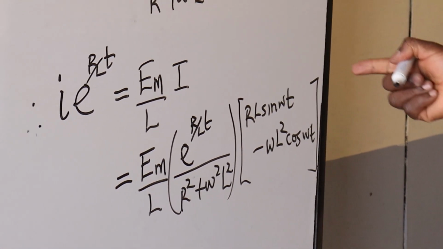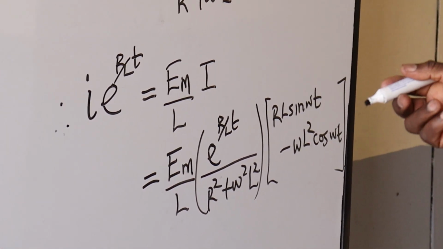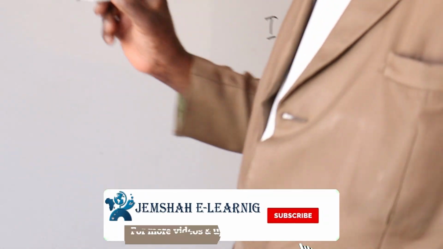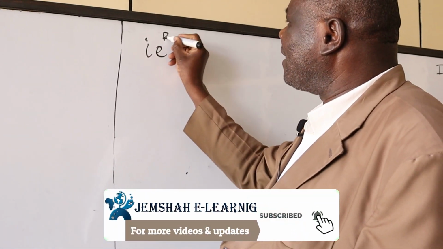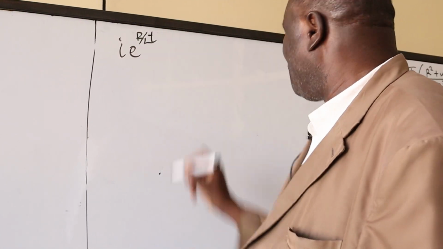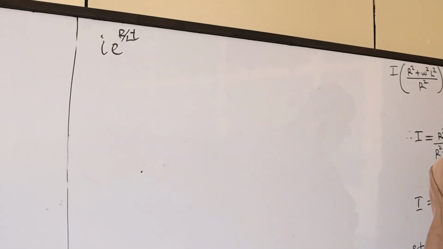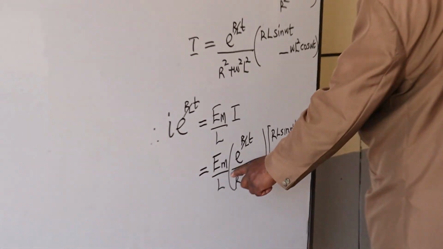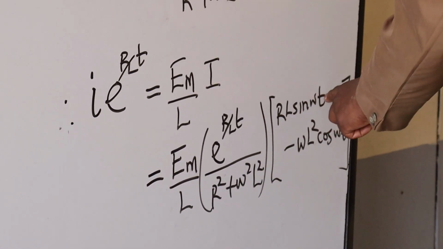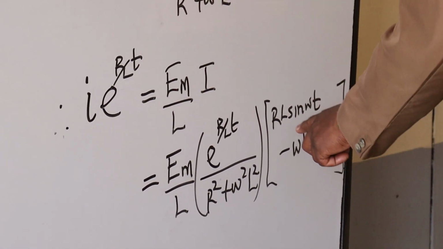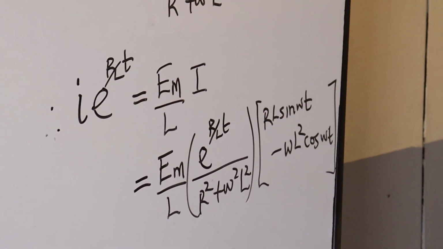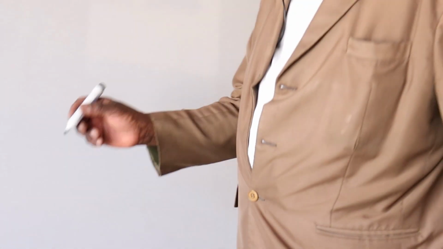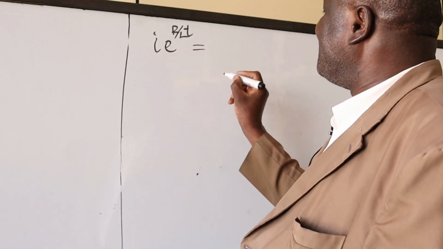So from this, if we now make I exponential R over L t, this L, we would like it to multiply with what is inside the bracket. So one L will go here and one L will also go there. So this will be equal to